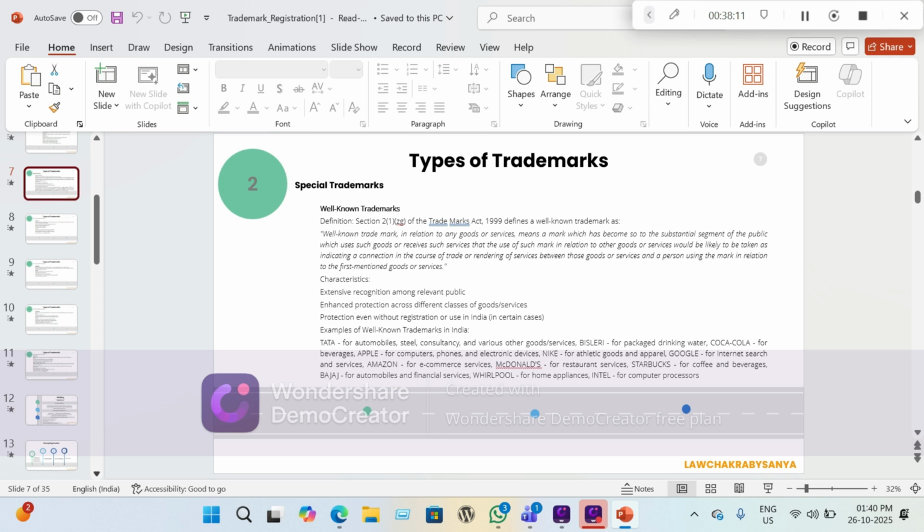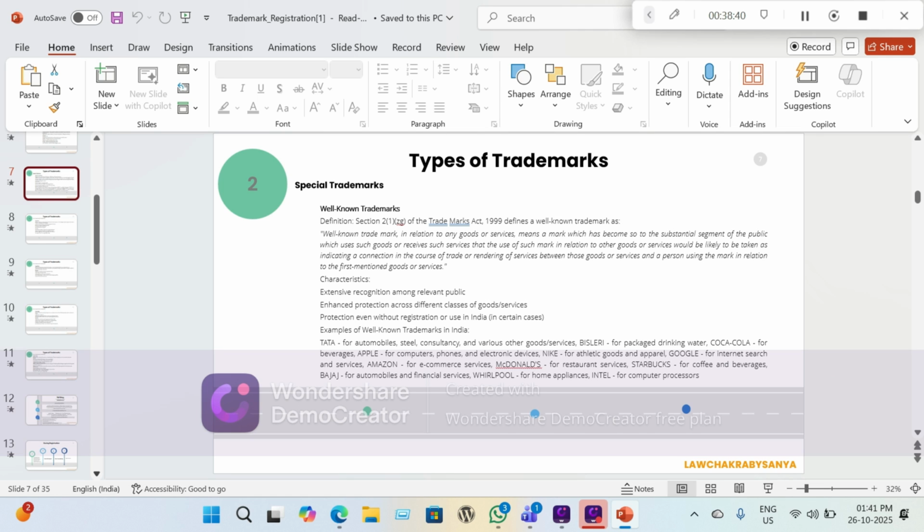People will think about sports. People will think about other goods that are being sold by Nike. So there is a very, very high chance of anybody who's purchasing those earrings from me to think that maybe I am also associated with the original Nike, and they have come up with another line of earrings or jewelry or things like that. And there is a very high likelihood of confusion because Nike is such a well known